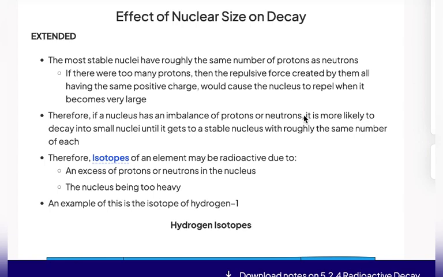So with more and more instability happening to the nucleus, the protons and the neutrons grow farther apart from each other. The more this happens, the more the nuclei begin to feel very unstable, and the more they have a repulsive force that wants to break them into smaller units. And when this happens, we say an isotope is formed. Okay, we can therefore say that the nucleus has an imbalance of protons